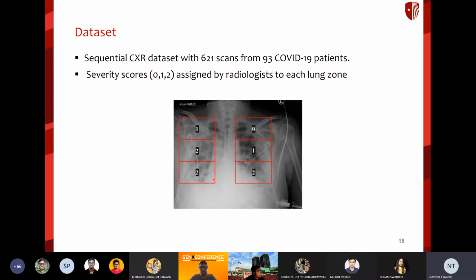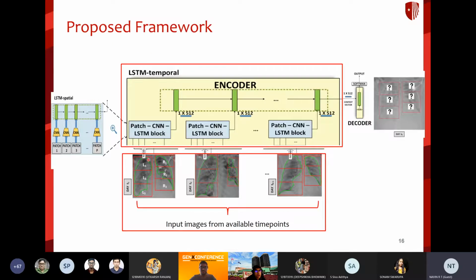And for this, we needed to first develop a deep learning algorithm to segment out the lungs. And once we had done that, we divided into the upper lung, middle lung, and the lower lung, which was assigned a grade of 0, 1, 2, depending on the level of the severity of the lung infiltrates by the different radiologists in our study. Now, the goal was to use images from the first few days and predict the severity of the disease in the different zones of the lung on, let's say, the nth day.